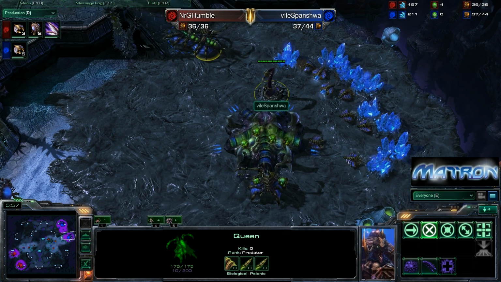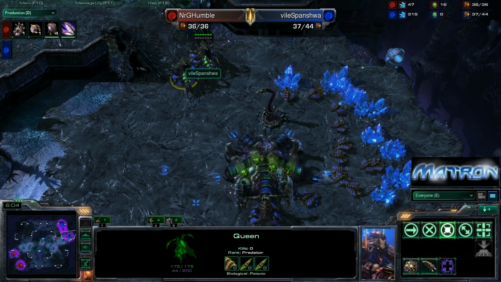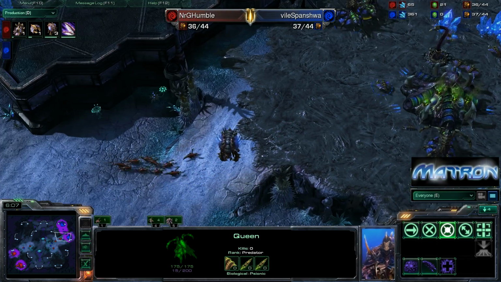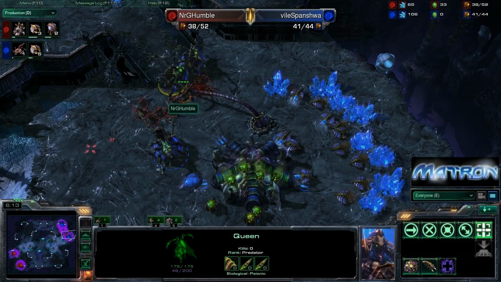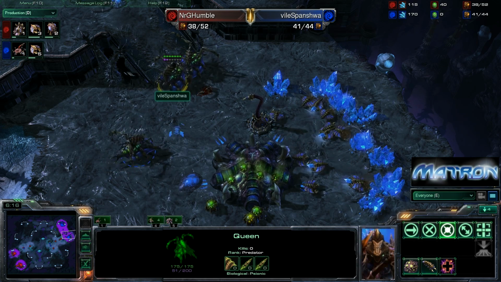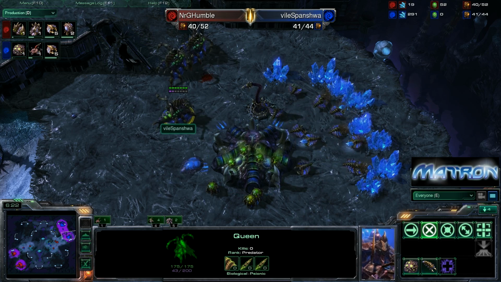So with these queens and the spine crawler, 4 queens in fact, nice position, going to be blocking the ramp here, as Humble's going to make his way up here. Another spine crawler coming out, and he will not be able to get up into the main. And the queens, you'll notice, have very high energy, so at least 1 transfuse and a second perhaps will be